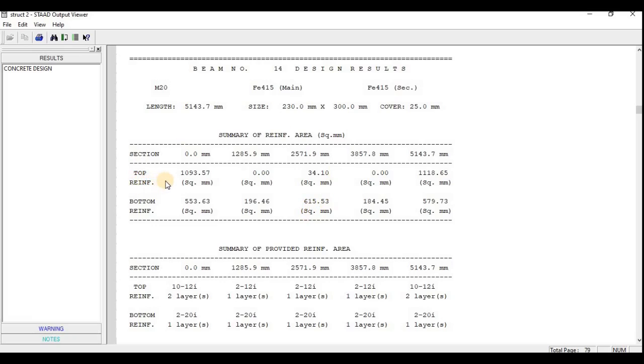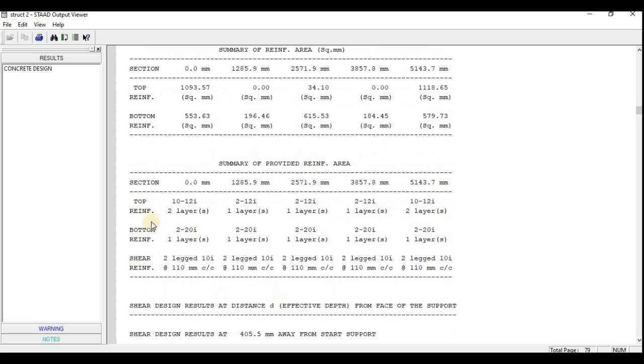Similarly, the top reinforcement at the supports will be maximum, and in the middle it will be very less or 0. Okay, but in the bottom reinforcement, the middle will have the maximum, that is the maximum bending moment at the center, so it will be just reduced at the support. This is the condition here.